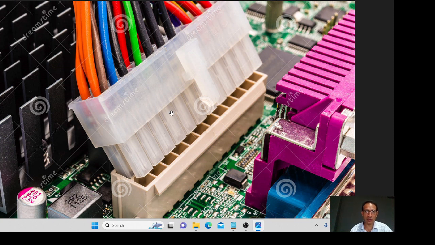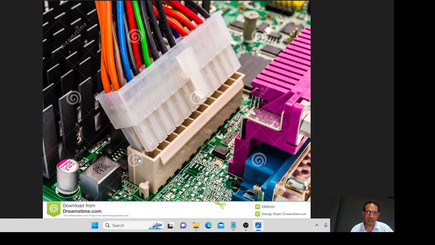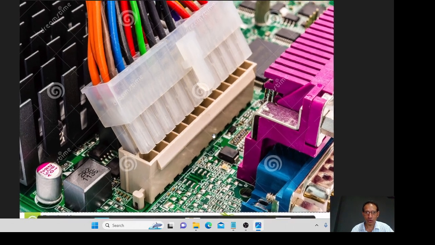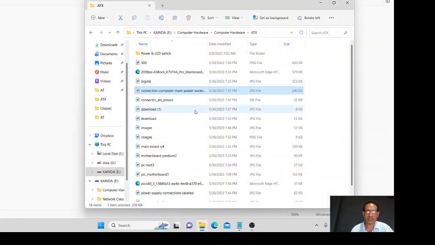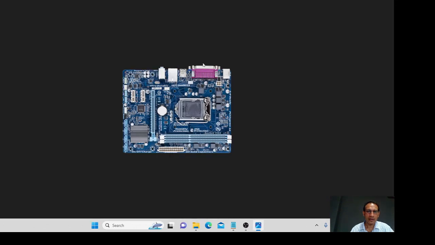And there are two types of ATX technology power connectors. That is 20 and 24. The 20 means the older types of motherboards use this 20, and the latest category of motherboards use the 20 plus 4. Another 4 is there additionally, making 24. I will show you that in my presentation. Okay,